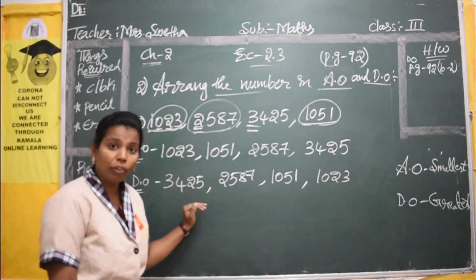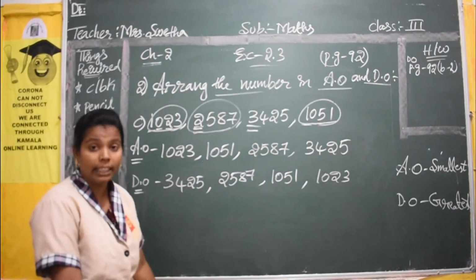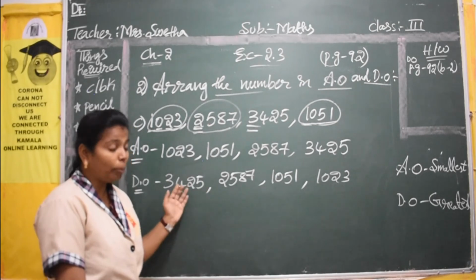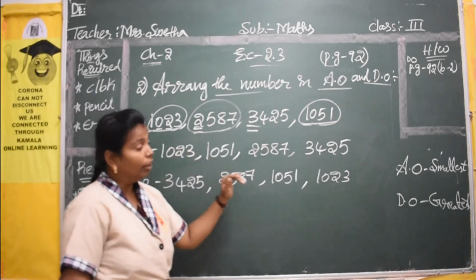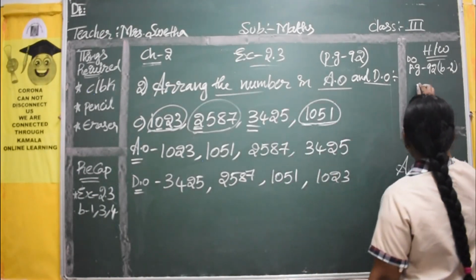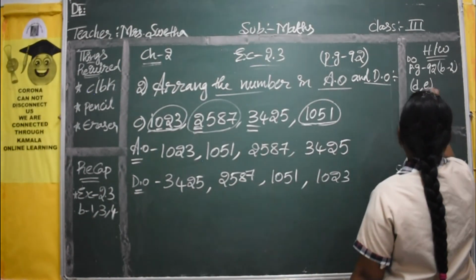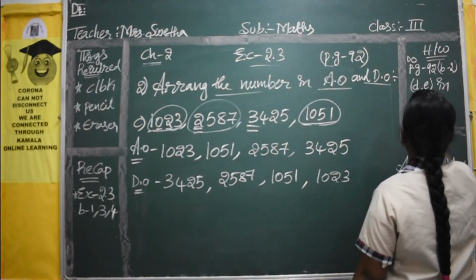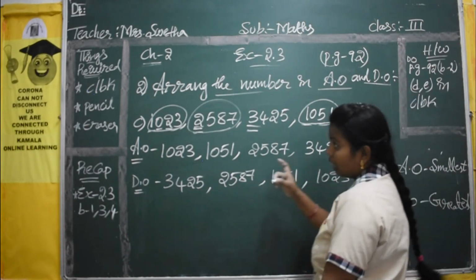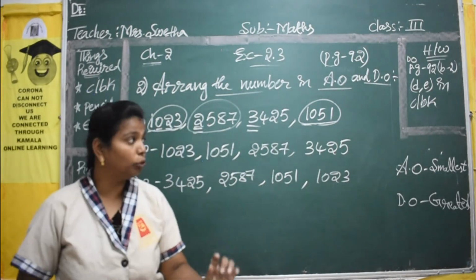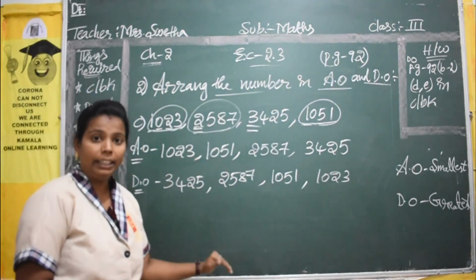Yes, I hope everybody has understood about this ascending and descending order, children. Now copy down all these problems, and in this second bit you have D and E as homework, and the rest you have to do in the classroom book itself. Yes children, after this continuation part you have to do D and E as homework.